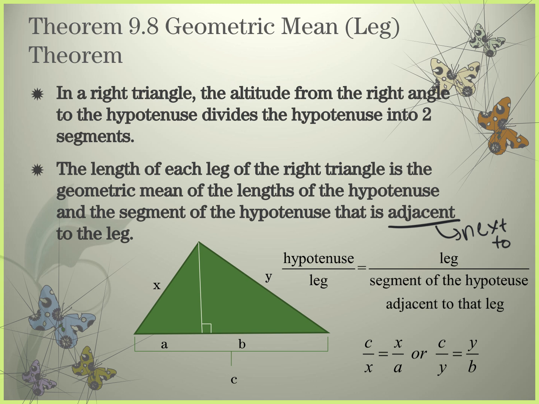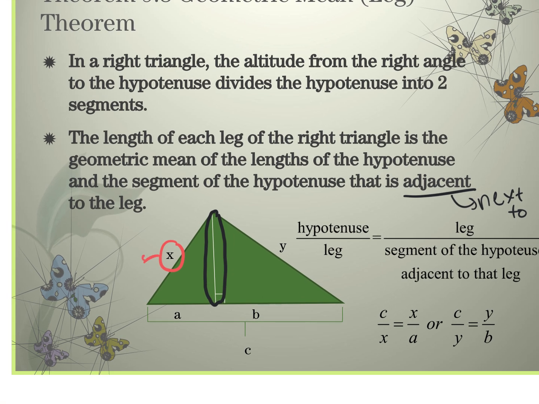So in our previous examples, right, we were talking about the altitude. So we didn't know what the altitude was, and the altitude became the geometric mean of the length A and the length B. Do you guys remember that? Now what we're talking about is x, which is that leg on the left, or y, which is that leg on the right. So x's value is going to come from the geometric mean. It's going to be the geo mean